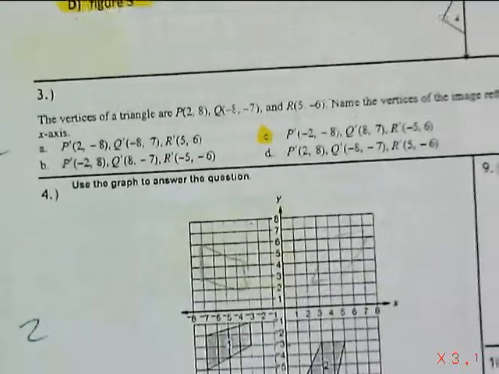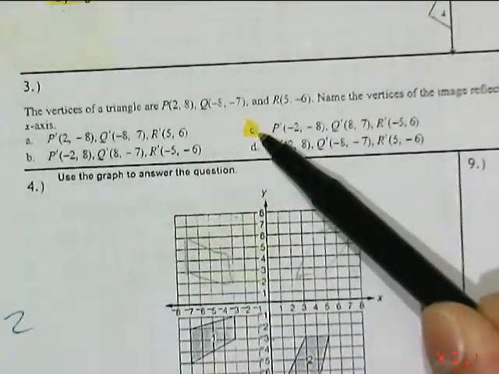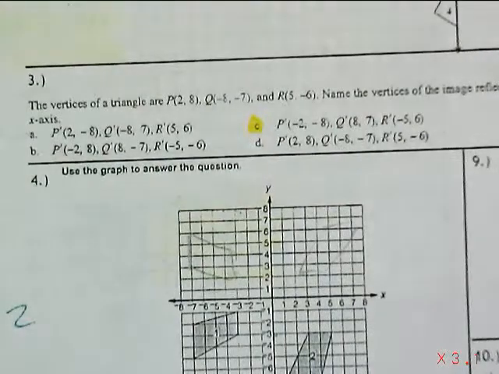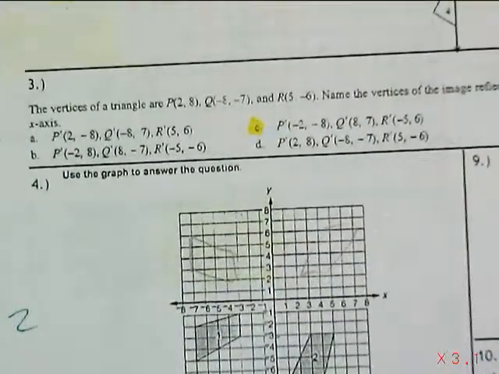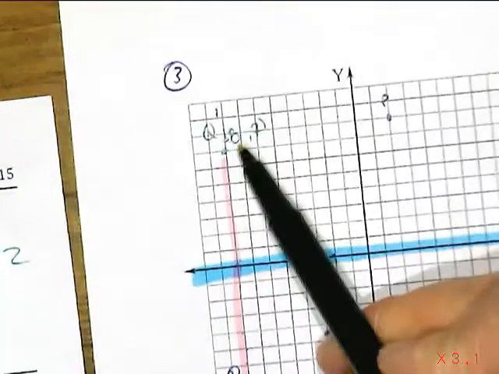And if you look at your multiple choice, the only one that has Q prime to be 8, 7 is letter choice C. So notice how I didn't actually have to graph all of the vertices, but you can double check that. Question? Wouldn't it be -8, 7? Oh, that is right. My mistake. So -8, 7. So that would be letter choice